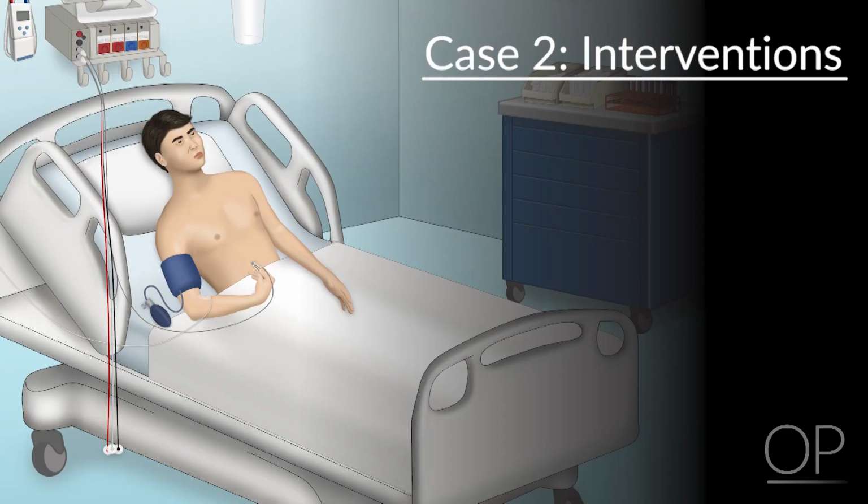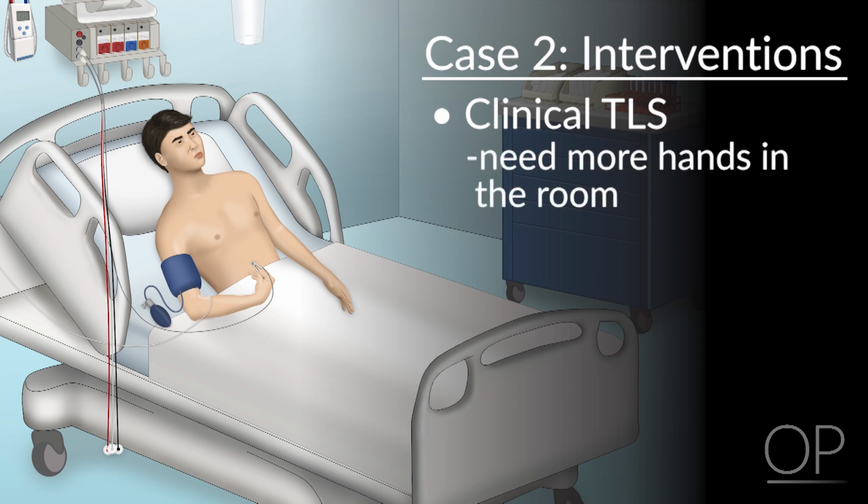So for our second patient, we now know that this patient is in clinical tumor lysis syndrome, and here we need to get more hands on deck. And as I've mentioned earlier on, we would call our fellow, call the ICU, get nursing involved. But what can we do immediately for this patient? As we've already talked about, this patient has Trousseau sign as well as hyperkalemia and has elevated creatinine along with